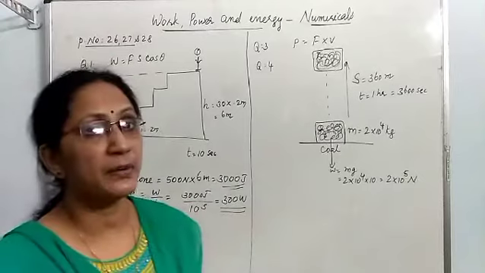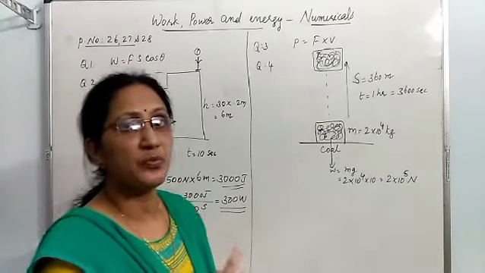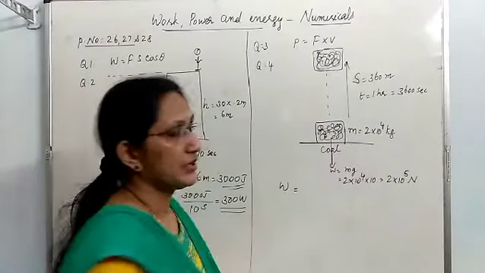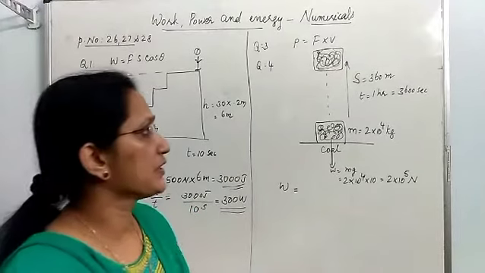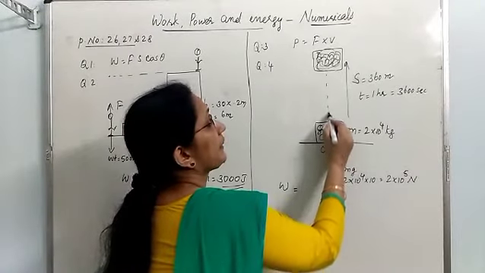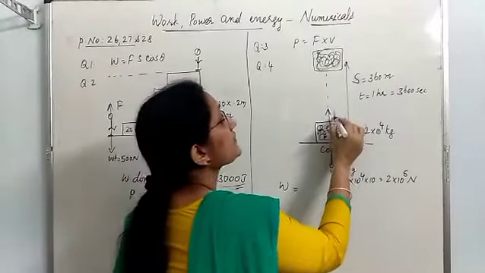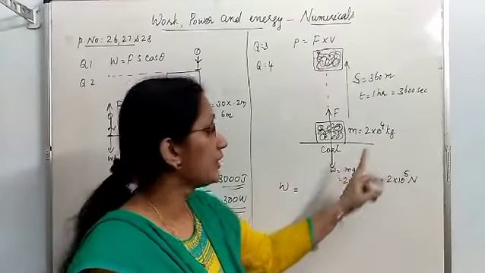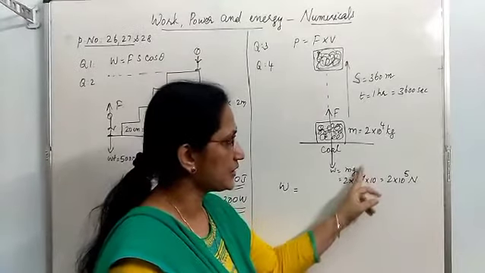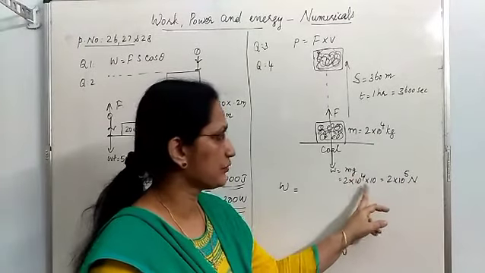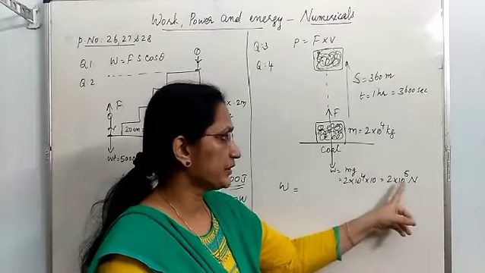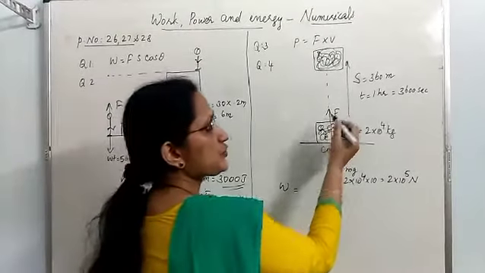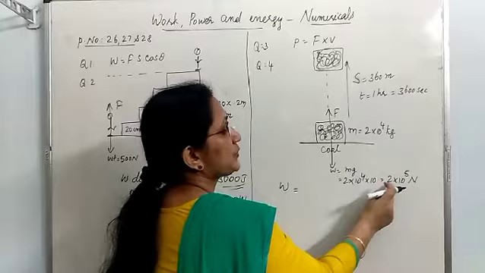As you did earlier, power is work upon time. So what is the work to be done by the motor? Let us calculate it first. Work is force into displacement. The force the engine has to apply is equal to the weight of the coal. Mass of the coal is given, then weight of the coal is m into g. Mass is given, 2 into 10 to the power 4. The g value is given in the question, 10. So 2 into 10 to the power 5 Newton is the weight of the coal. That much force is to be applied in the upward direction. So this is the force.